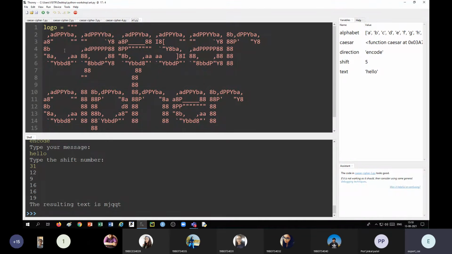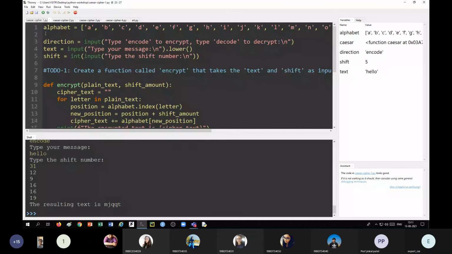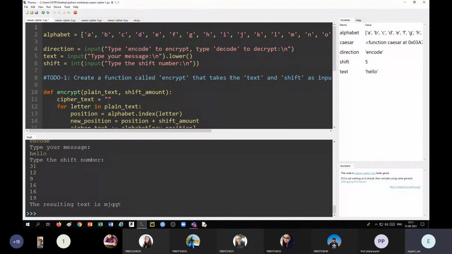OK. So the variable is logo. OK, and 3 quote is already given. Okay, so this will be printed as it is, right? We have to include this. Okay, so first of all, if we want to print the logo, what we will do? Import that. Okay, say from art import logo. Okay, and we simply print logo.